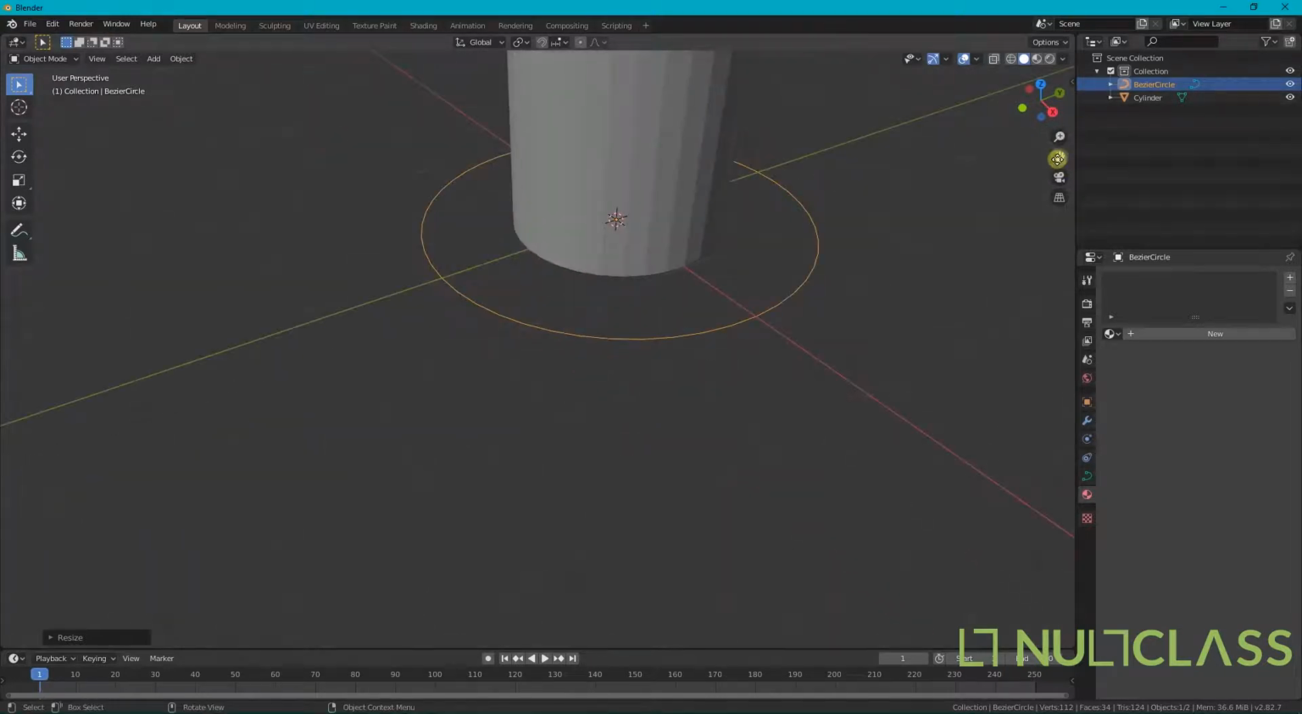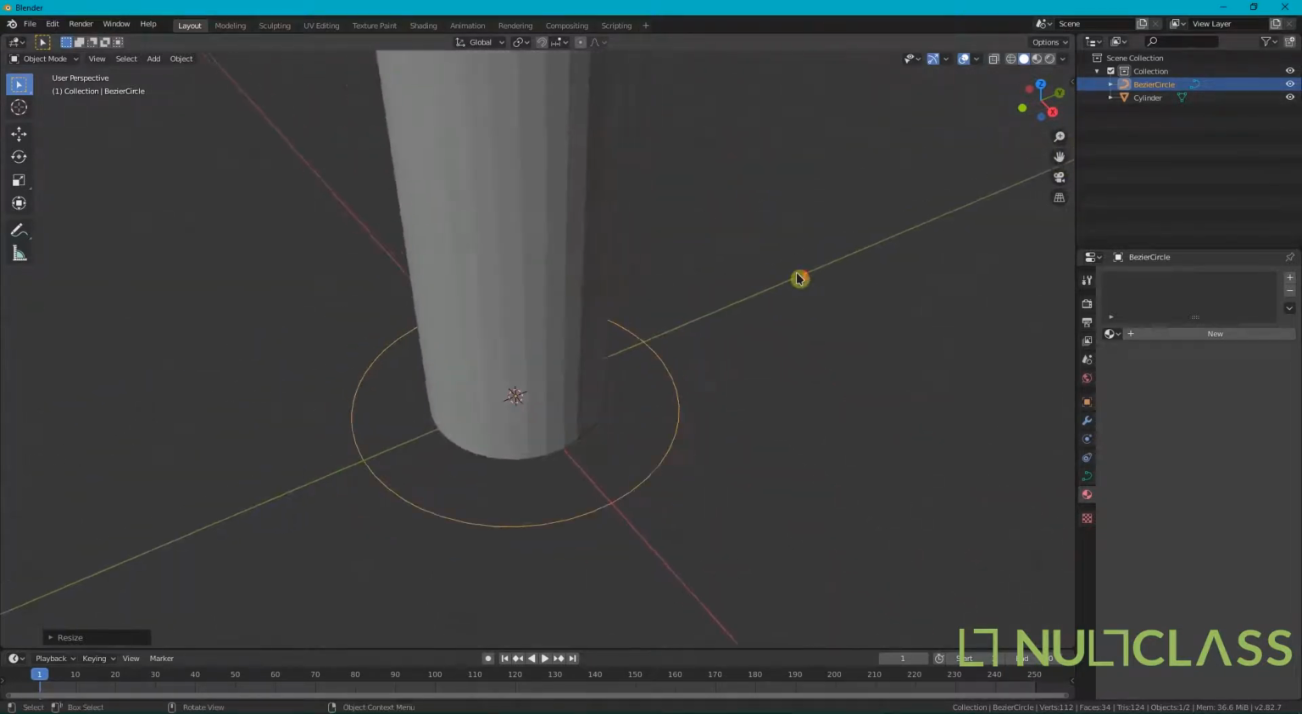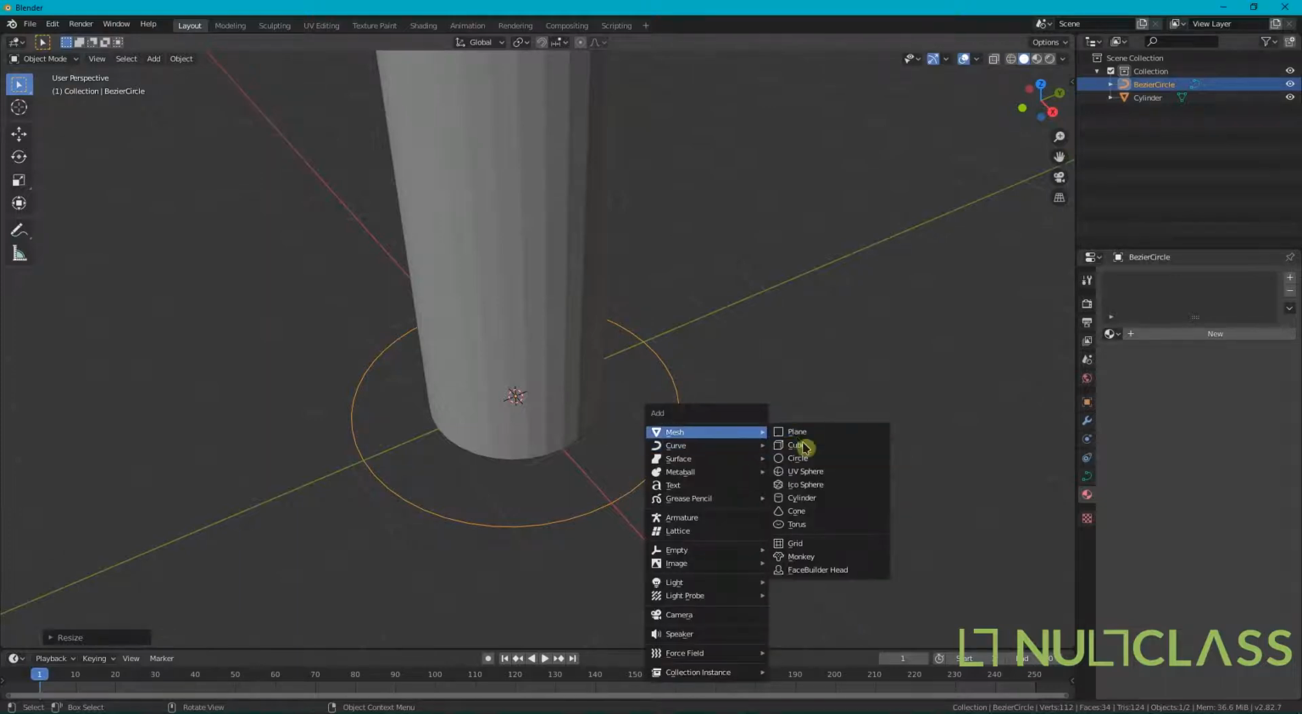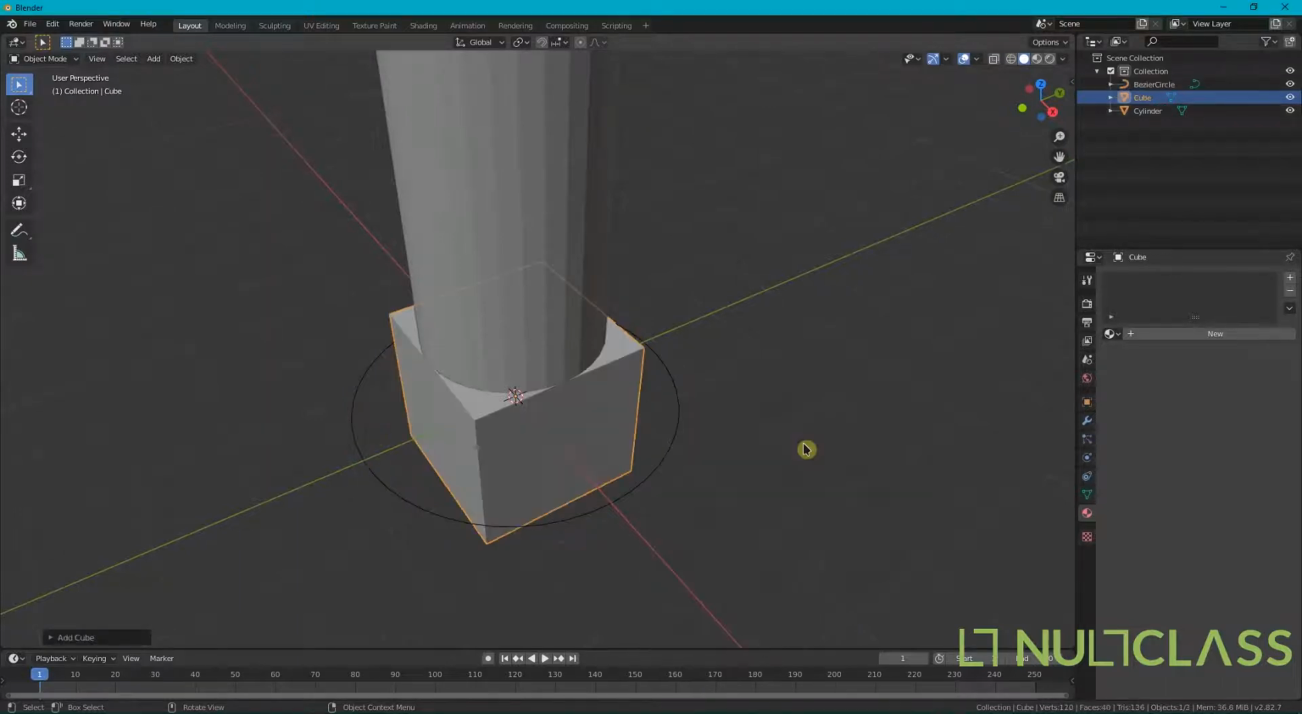Yeah, nice. So now we'll make a mesh cube, and we'll make it curve along this circle. We'll do that with modifiers. So let's go ahead and add a mesh and cube. Okay, so now for this cube, we'll go into modifiers